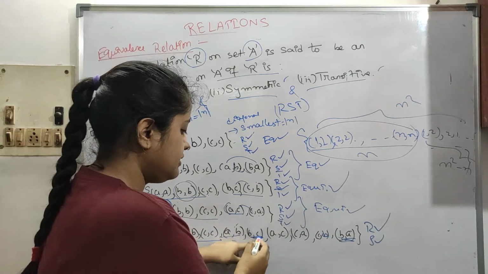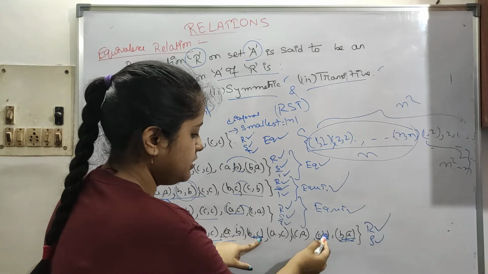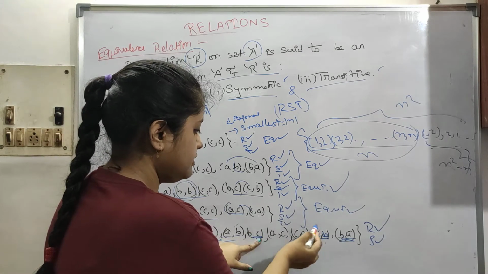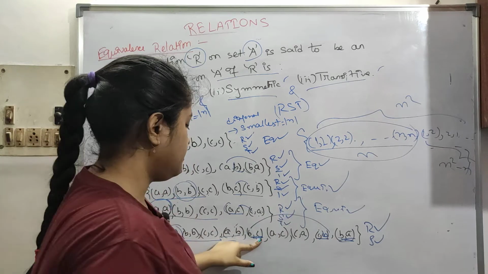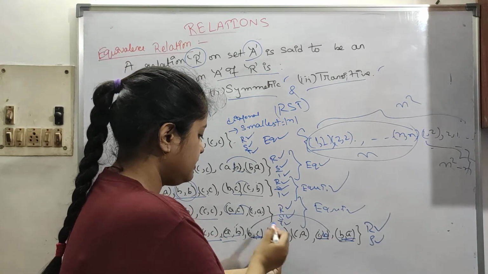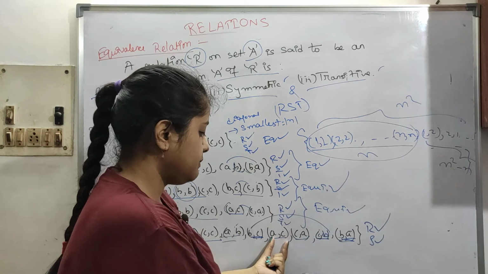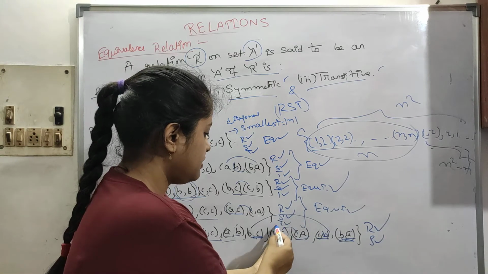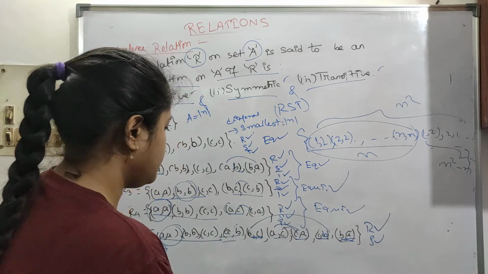Next, B is related to C, and C is related to B is present, so now C and C are common, so we have to take B and B, which is already present. Again, next, AC is present, so CA has to be present, symmetric obviously. Then this is common, so you can take A and A has to be present, like this.